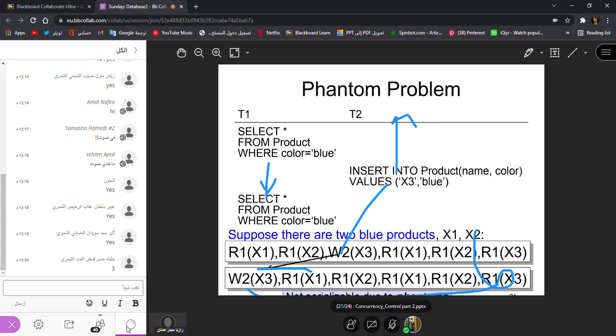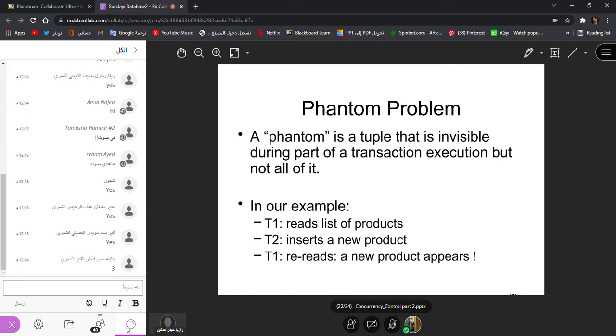The same thing I was saying, that x1 is the new row for that name. So you have x1, you have x2, and now you also have x3. The first time you read two of them, and then you write x3. So the next time you are reading three of them. So two rows and three rows. So they are saying that a phantom is a tuple. Tuple means the row, the complete row,